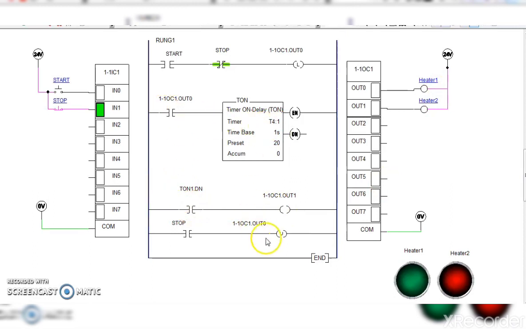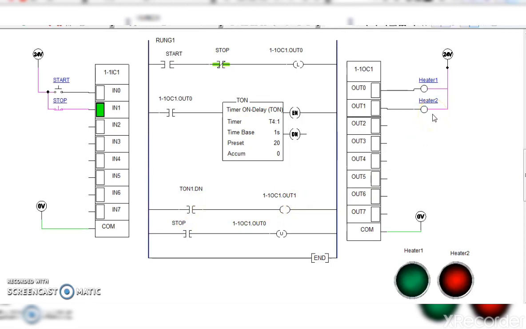From the stop switch the unlatch coil will get energized and out 0 will be unlatched, that means this done bit and this done bit will get unlatched or de-energized, and output 1, that is heater 2, will be stopped.